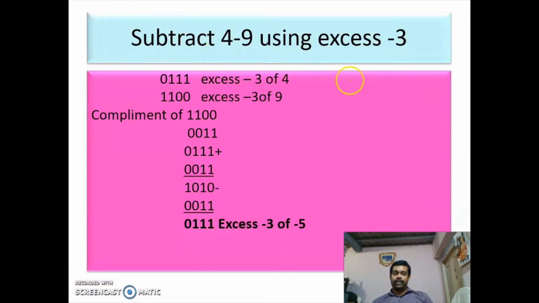Next we are going to subtract 4 minus 9. So this is minuend and this is subtrahend. Excess 3 of 4 is 4 plus 3 is 7 and excess 3 of 9 is 9 plus 3 is 12. So this is the subtrahend. So we are complementing this 1100. The complement of 1100 is 0011. So you are adding this complemented subtrahend with this minuend. So 0111 plus